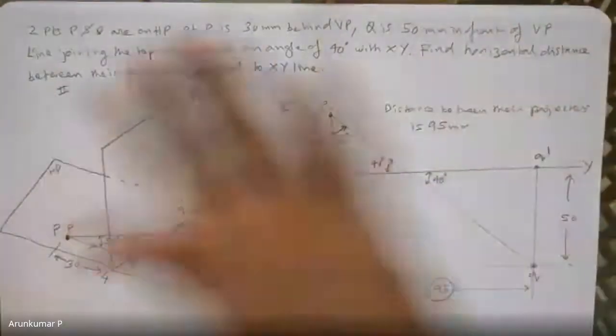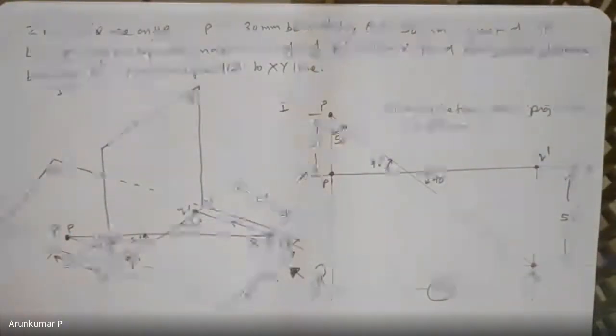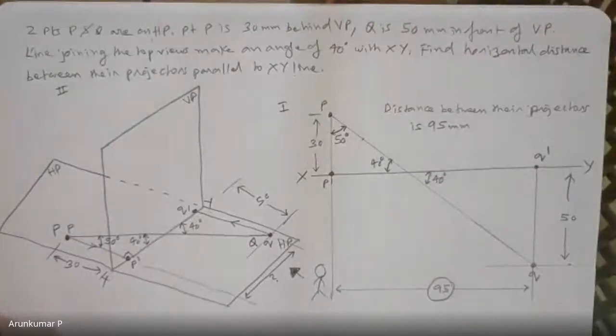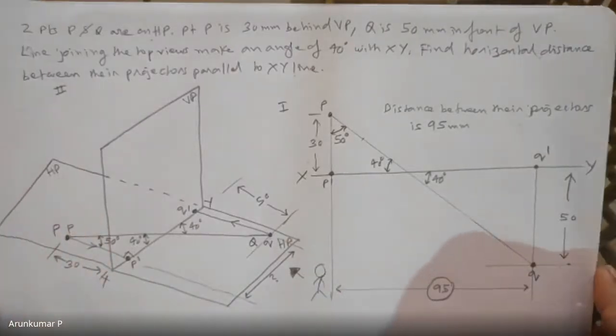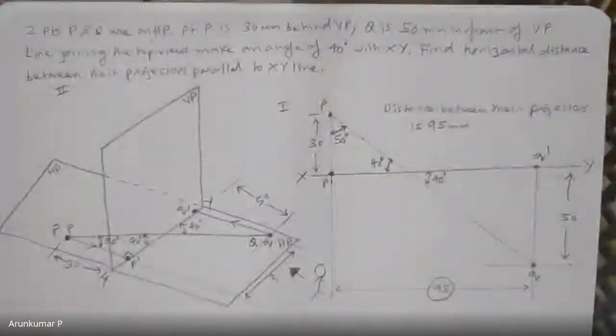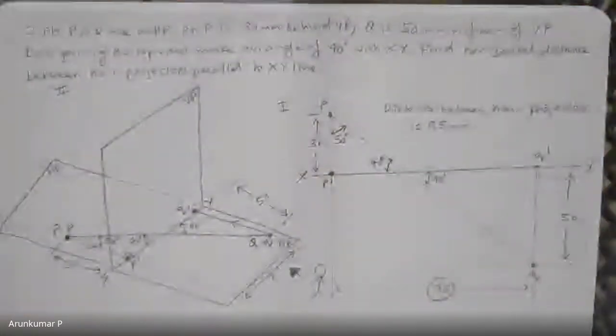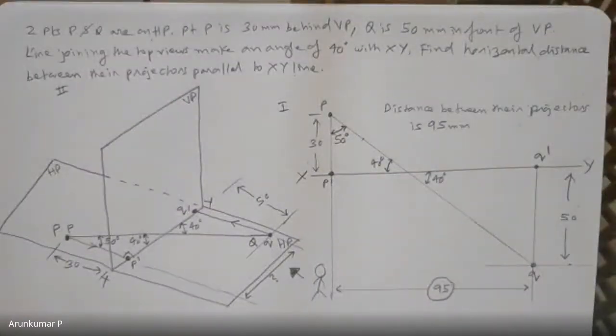Next. You have dealt with 1 point, you have dealt with 2 points. There is one more type of problem which involves 3 points. So that is what we'll be seeing now. It is simple if you understand the concept. There is nothing in it. There is just one single line, and you have to draw 6 views, 2 views for each point. That's it. But understanding the concept is important, which I think you should be able to because you have solved so many problems. So you should easily understand.